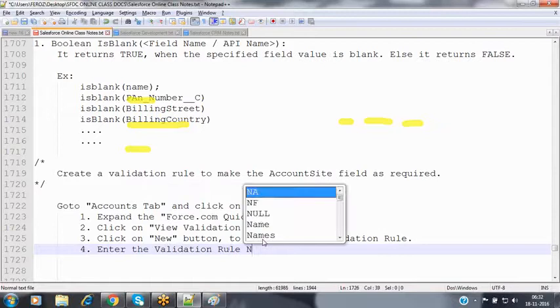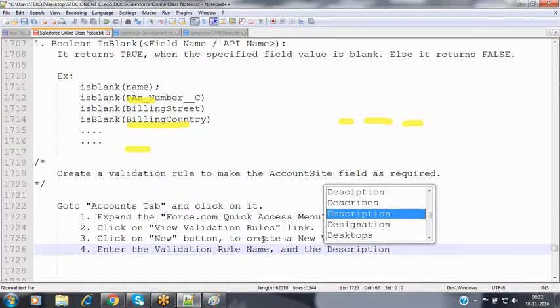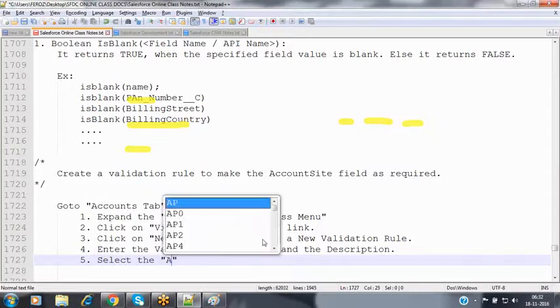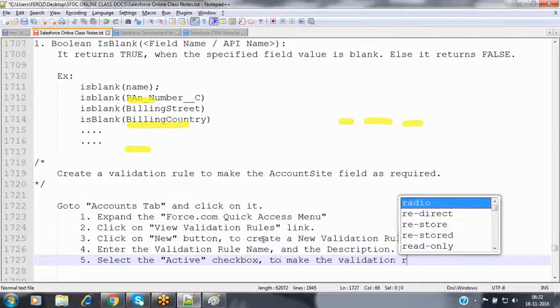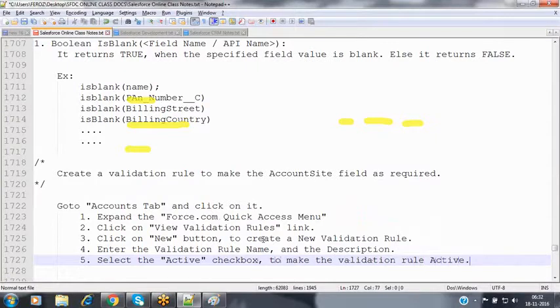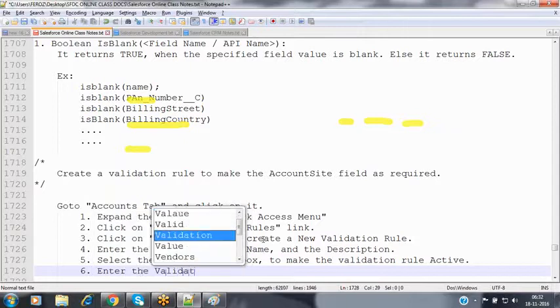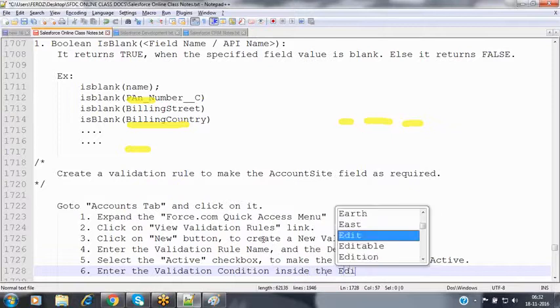And enter the validation rule name and the description. Select the active checkbox to make the validation rule active. Enter the validation condition inside the editor.